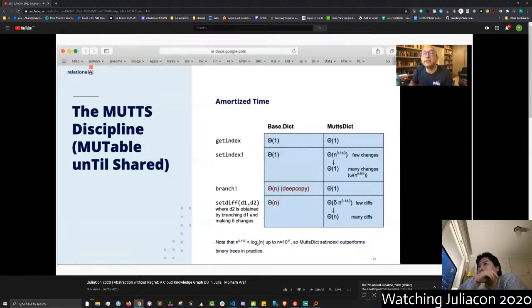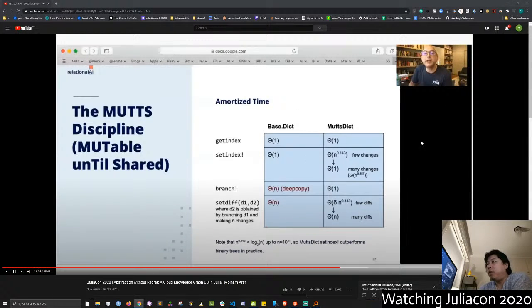And making an efficient MUTs dictionary took some careful data structure design. This table compares the asymptotics of Julia's dictionary to MUTs dictionary. We provide constant time lookups using getindex. SetIndex runs slightly slower for the MUTs dictionary, n to the 1/7, but this is much faster than log time for small, medium-sized dictionaries that fit in memory. And the cost of SetIndex gets cheaper the more changes you make to the version. An interesting footnote here is that the worst case performance of SetIndex for Julia's dictionary is linear time when a hash table